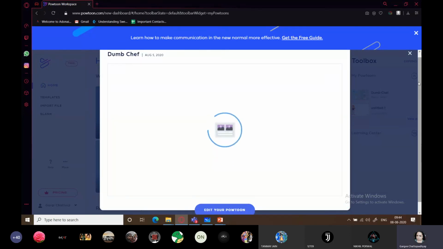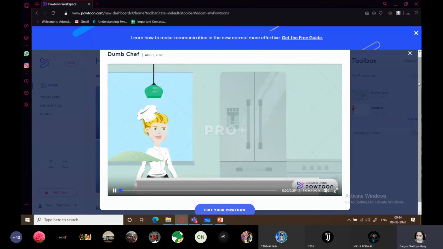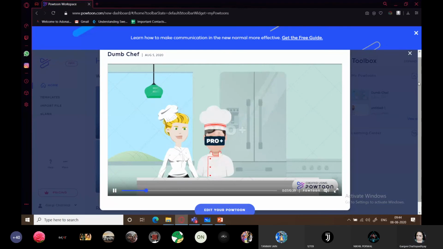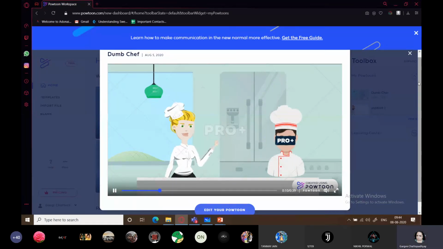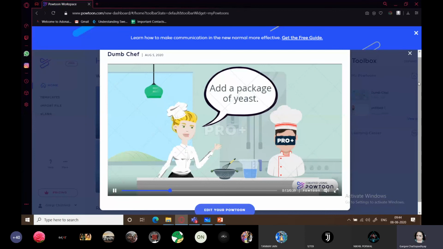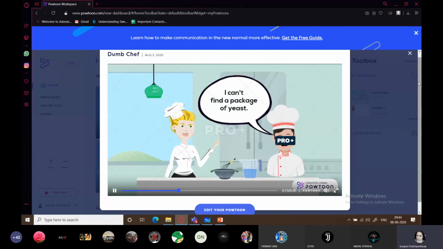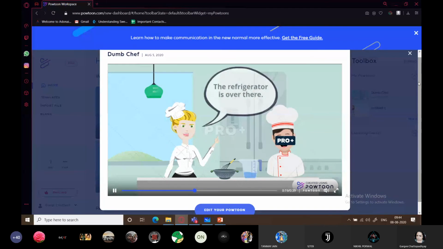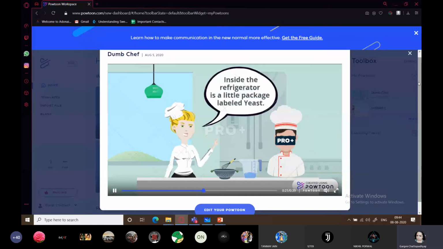How a computer is a dumb machine. Okay. Meet my apprentice. Add a package of yeast. I can't find a package of yeast. The refrigerator is over there.